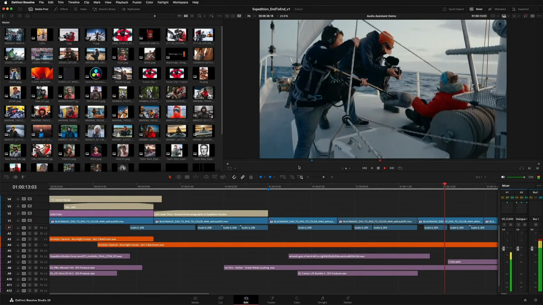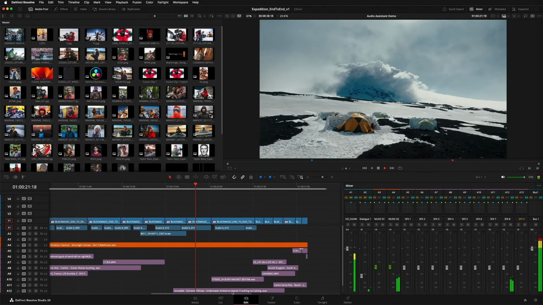and this is the perfect tool for editors who wish to simplify their audio workflow and feel more confident in